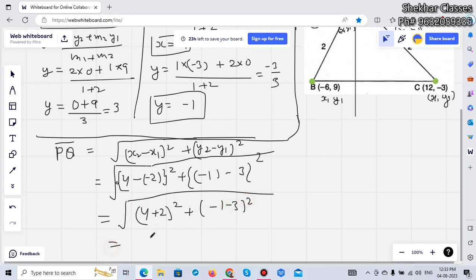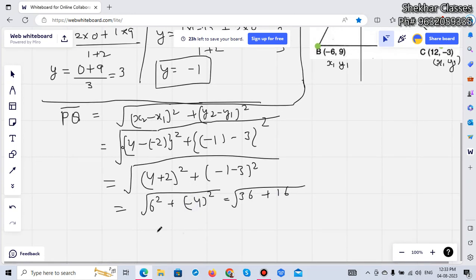So this will give you 6 square plus minus 4 square. 6 square is 36 and minus 4 the whole square is 16, so 36 plus 16. So PQ is